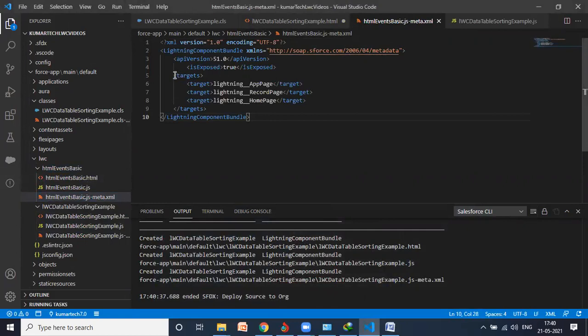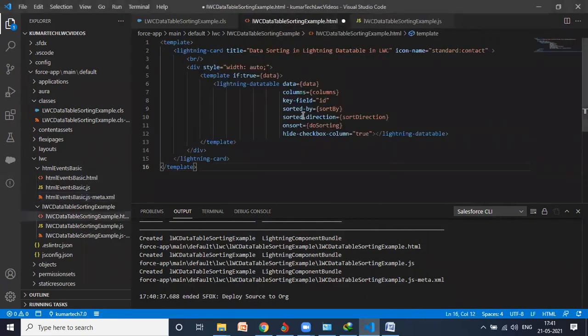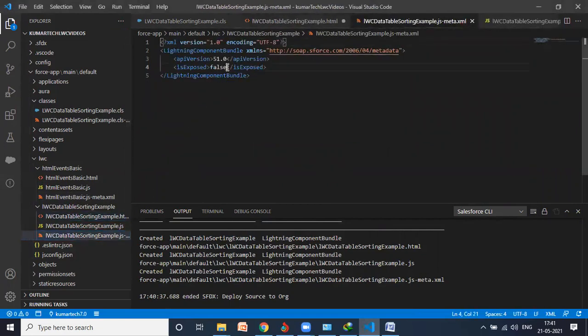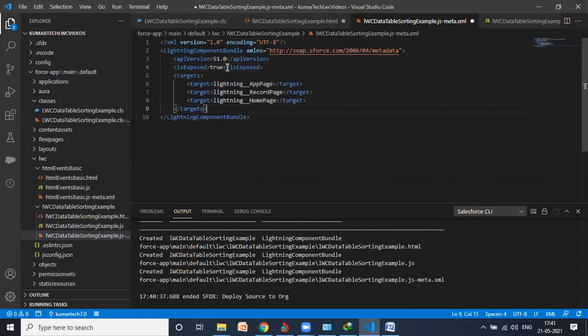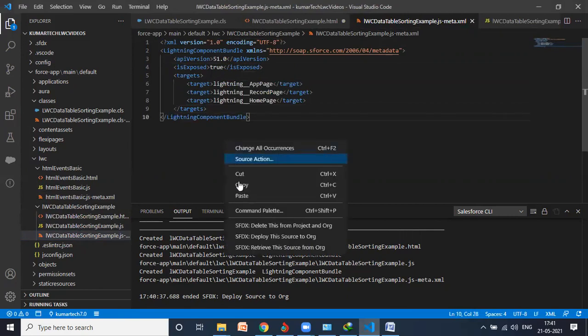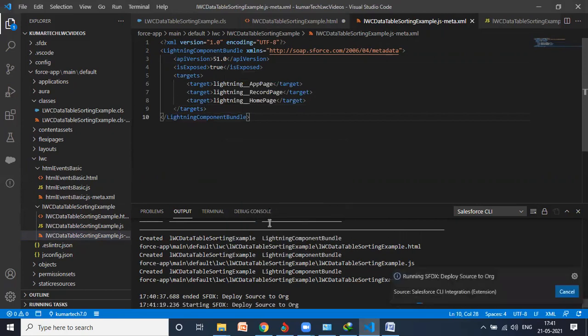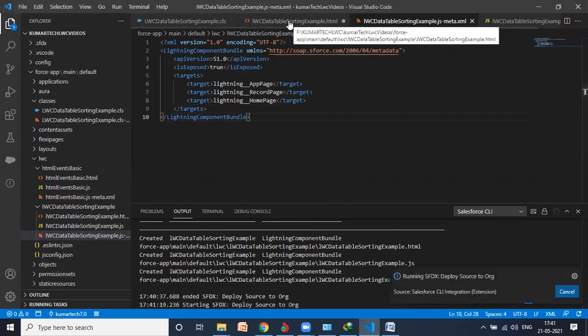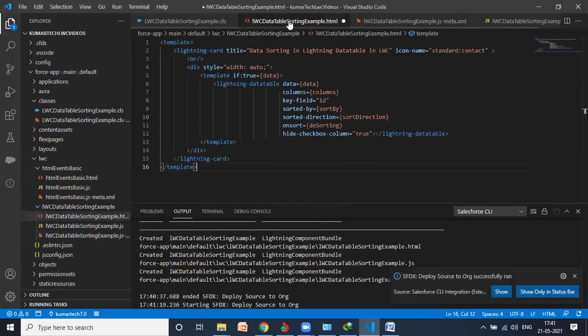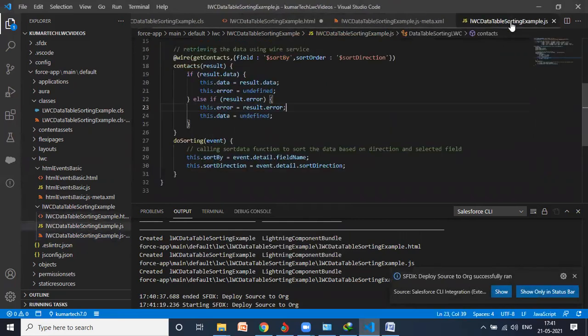Here, just copy these three as they are. Go here. This, make it true. And save this. Now deploy. Okay, this one is also done.